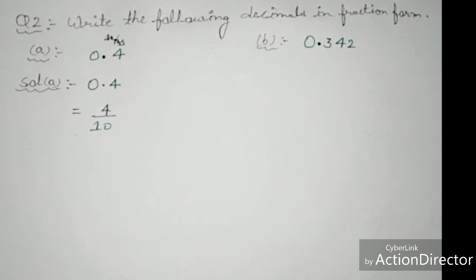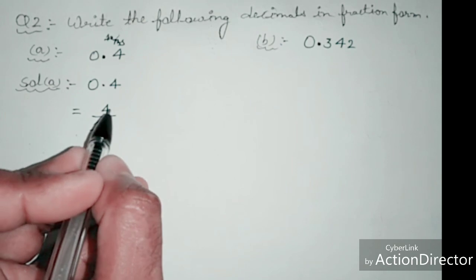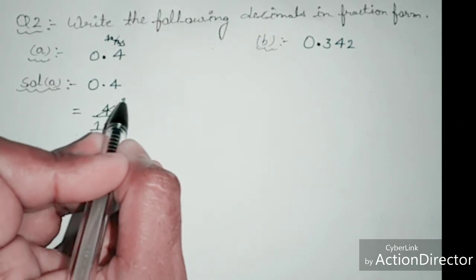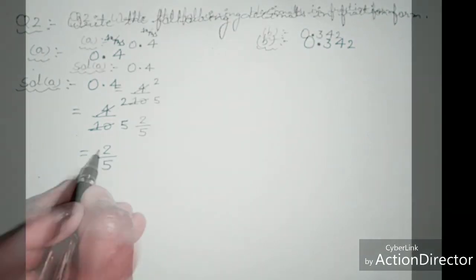We can also reduce this to the simplest form, so we divide 4 upon 10 by 2. 2 twos are 4 and 2 fives are 10, so we write 2 upon 5. Example number B,